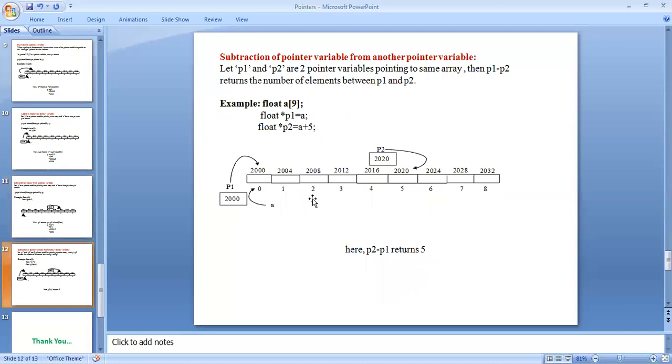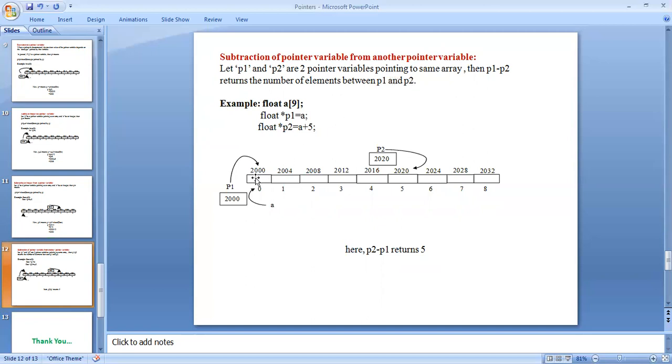Subtraction of a pointer variable from another pointer variable. Here let P1 and P2 be two pointer variables pointing to the same array. Then P1 minus P2 returns the number of elements between P1 and P2.